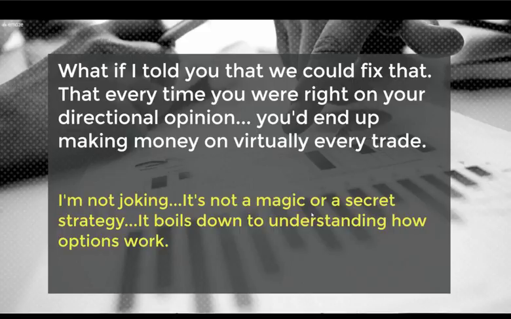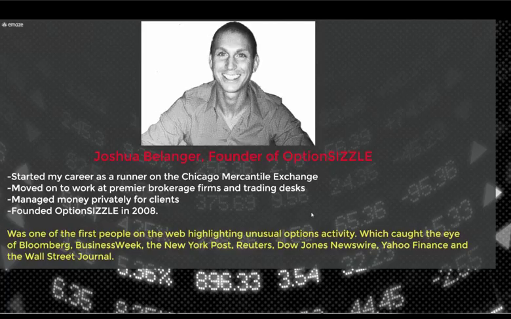platform. So my name, like I said, is Joshua Bellinger, and a little bit about myself is that I started on the floor as a runner at the Chicago Mercantile Exchange when I was 19 years old. It wasn't as glamorous as you might think, working at the Mercantile Exchange as a runner. I think the janitor had more of a hierarchy than I did, but fighting through the pits is where I started to learn about the marketplace.